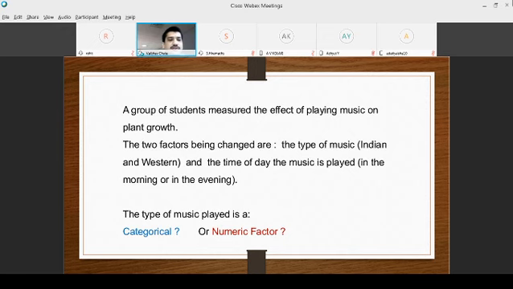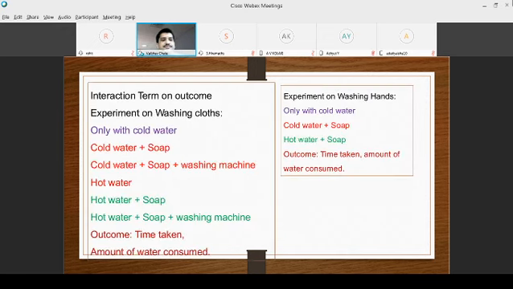Okay. Interaction term. Let me take two different examples to define interaction. In the first one, you have understood factors as well as levels. Now the third one I will be defining is interaction. The effect of one factor depends on the level of the other factor. So that means this effect is nothing but the interaction.